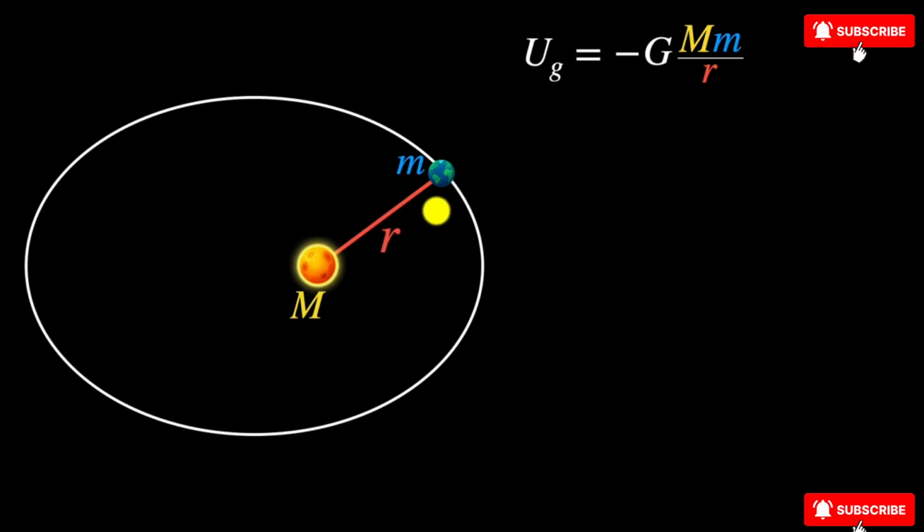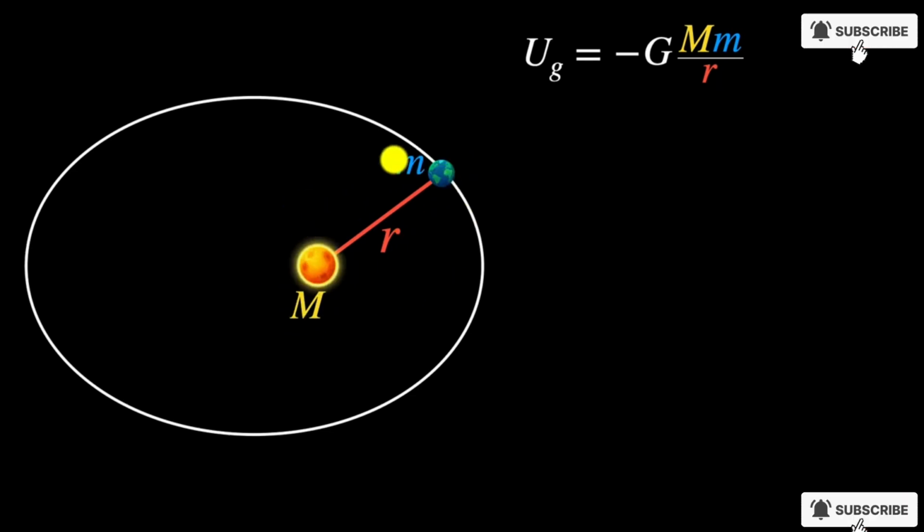And since the maximum gravitational potential energy itself is 0, for any other configuration, when the distance between them is finite, the potential energy ends up becoming less than 0, so it becomes negative. Note that at this particular scale, we can pretty much treat both the celestial bodies as just point masses. So we don't have to worry about their radius and stuff, okay. And secondly, remember that this is the energy of the entire system. We don't have to consider the energy of the star separately and the potential energy of the Earth separately. We always consider potential energy for a system. So this is the potential energy of this entire system.